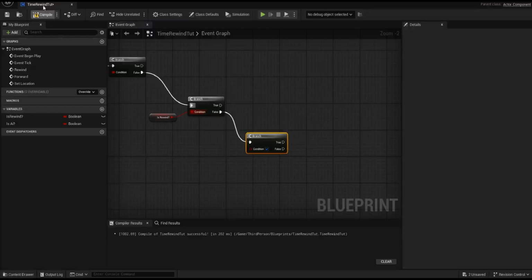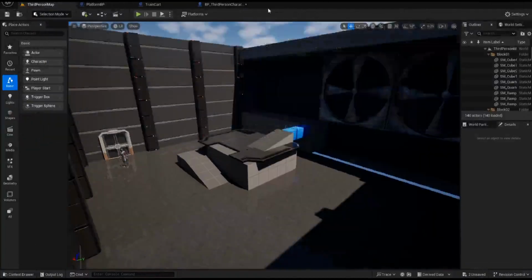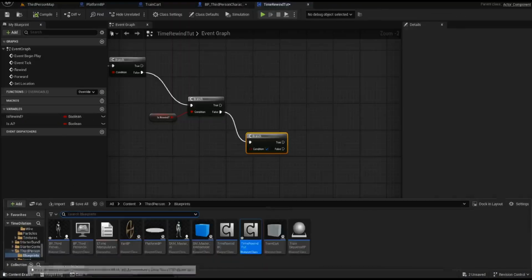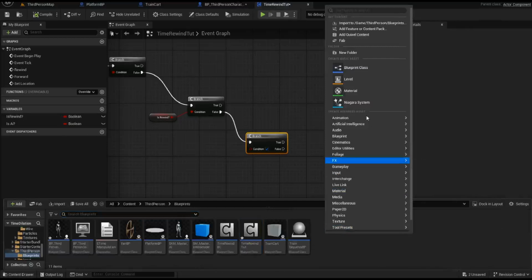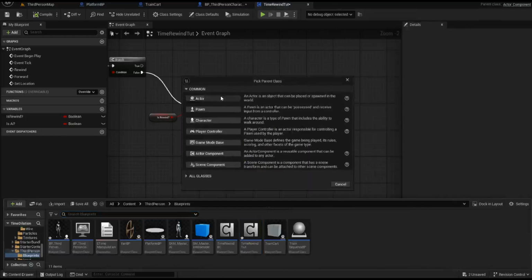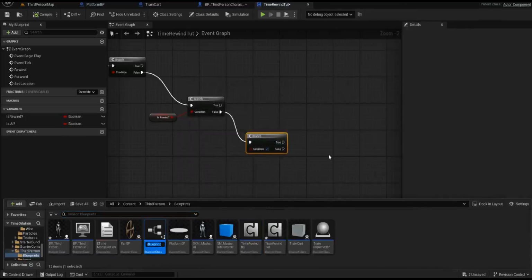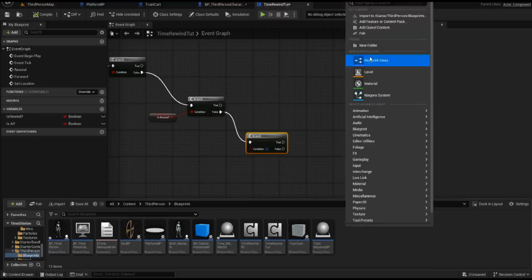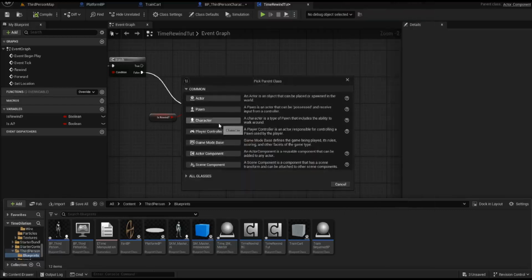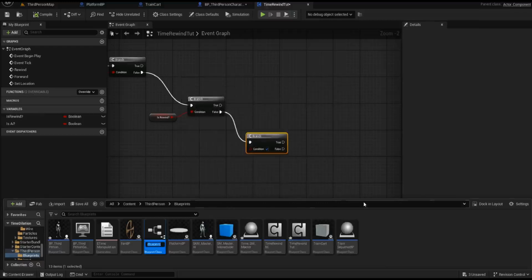We need to set up the static mesh. So let's pop that in there. What we're going to do is create a blueprint actor, which is going to be our time SM master. And then we're going to create another one, which is going to be a type character, which is going to be our time,